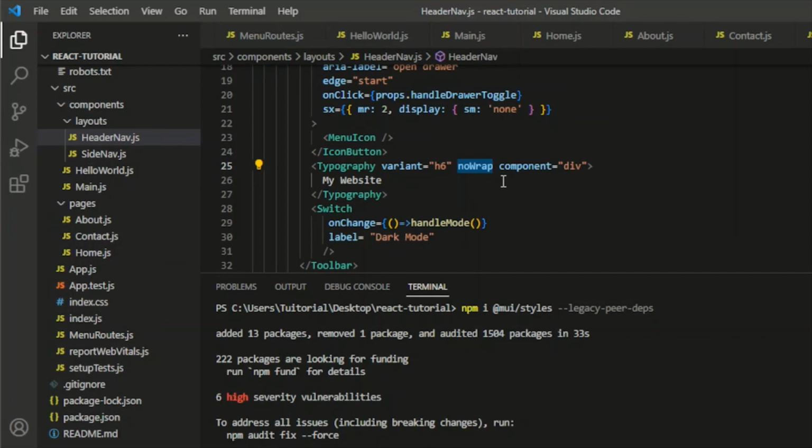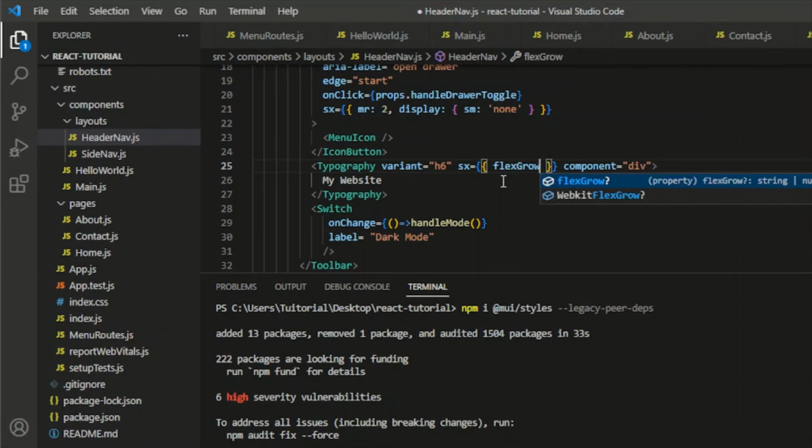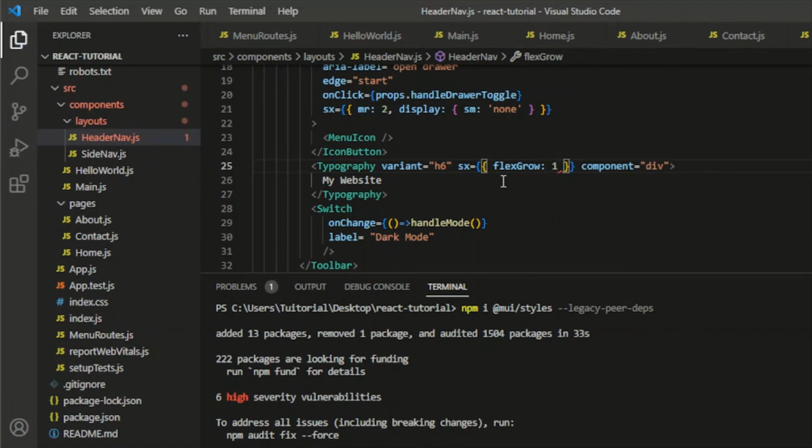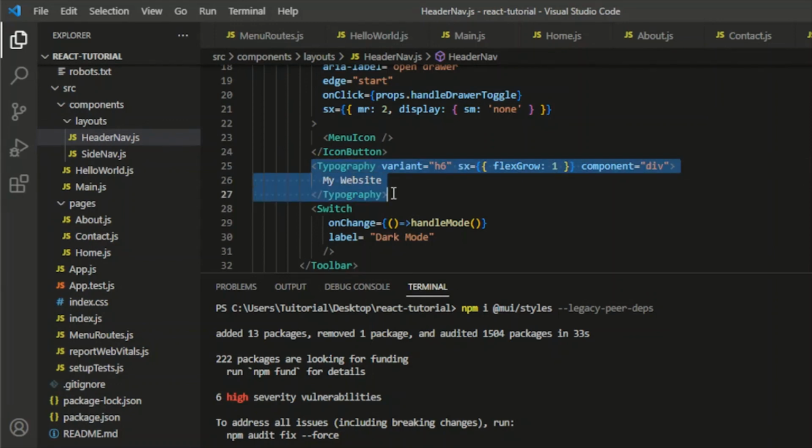So I'm going to call this breaking point, and with this breaking point here, I'm going to apply the flex property, flex grow, and set this as 1. I think only that is needed, so that once it displays, this main website will stretch on its own. So if we see in our browser,